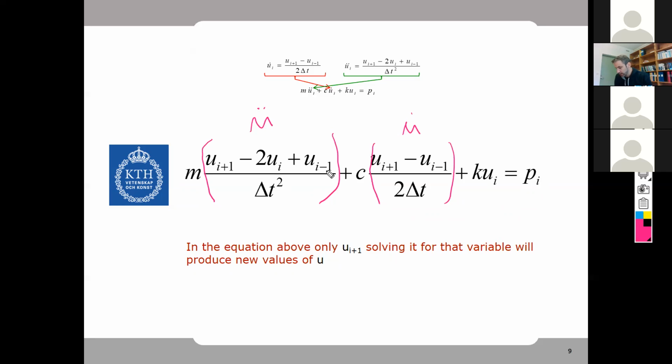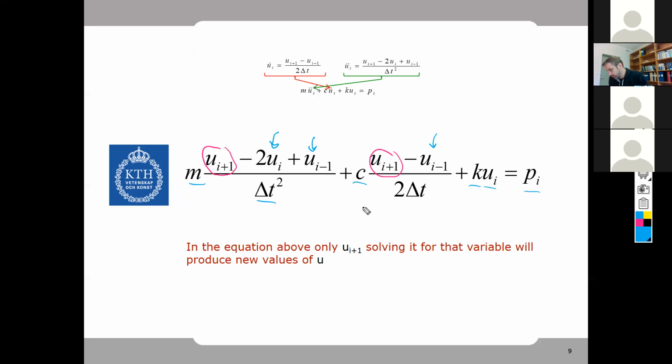And now, as you can see, this new mess that we have created has only one unknown, which is repeated twice, but doesn't matter. All the other values are known. We know what m is, we know the delta t, we know the previous value of the displacement because we have calculated it. We know c, we know the previous value, we know k, we know the previous value, and we know p. So we can solve this